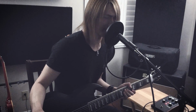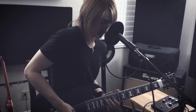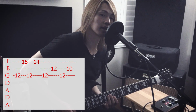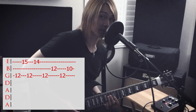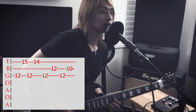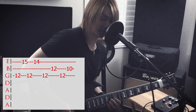Now I'm going to do the other part of the chorus, which is like a harmonizing part. Pretty much it's 2 harmonies joined together to give a kind of atmospheric feel. This is the first part here. It's going to start on the G string 12th fret, and then the high E 15th fret. So you kind of alternate between those two. And then now you jump on the high E string 14th fret. So the whole thing is like,